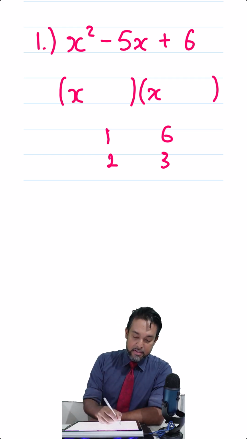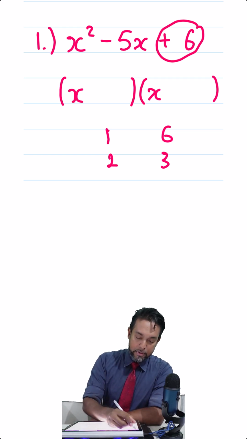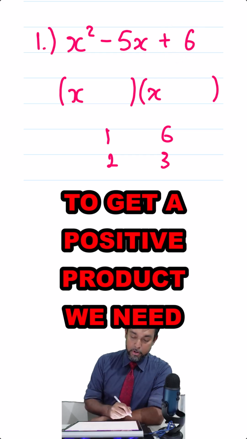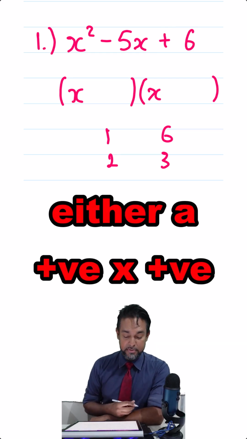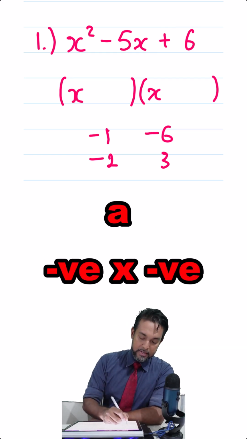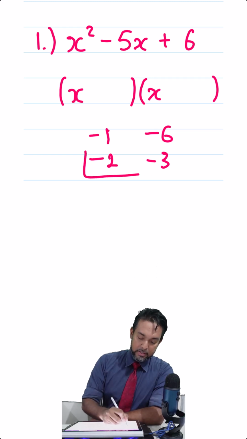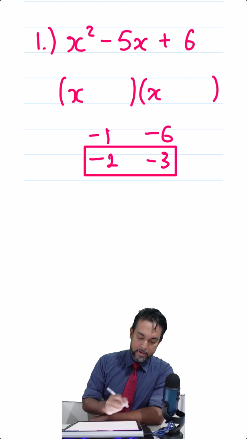Well, we consider the fact that this is a positive product. And to get a positive product, we either have to multiply two positive terms together or two negative terms, in which case we can clearly see that -2 plus -3 will give us -5, and that's what we fill in